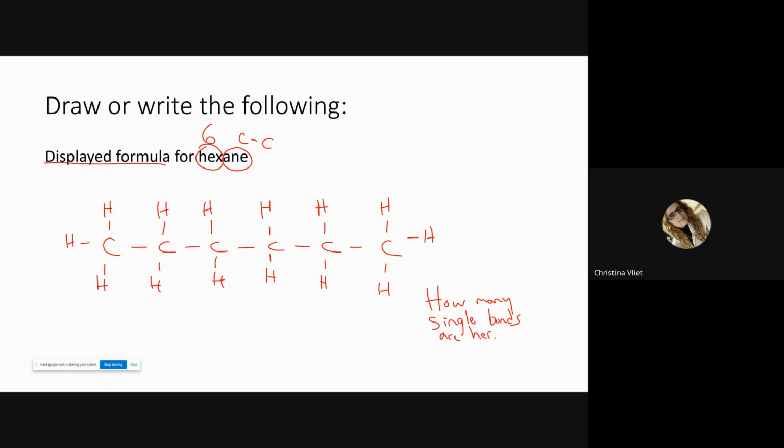So what would be the best way to go about doing this? I'm going to tell you my strategy. I would pick a different color, and I would just start counting. 1, 4, 5, 6, 7, 8, 9, 10, 11, 12, 13, 14, 15, 16, 17, 18. Because remember, it's the bond between those. You can't double count, right? Another way I do it is just to put a line through it. I go 1, 2, 3, 4, 5, 6, 7, 8, 9, 10. And that way I know which ones I've counted and which ones I haven't counted. That's one way that I'll go about it. But the answer here would be